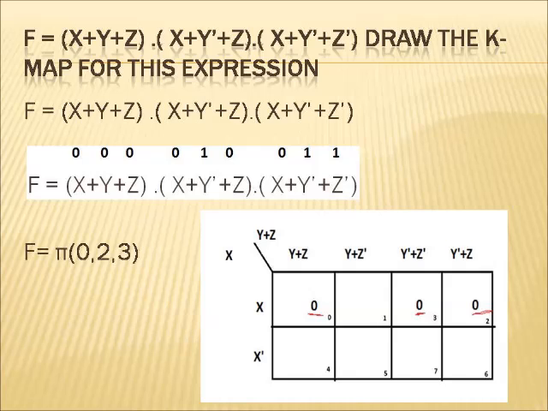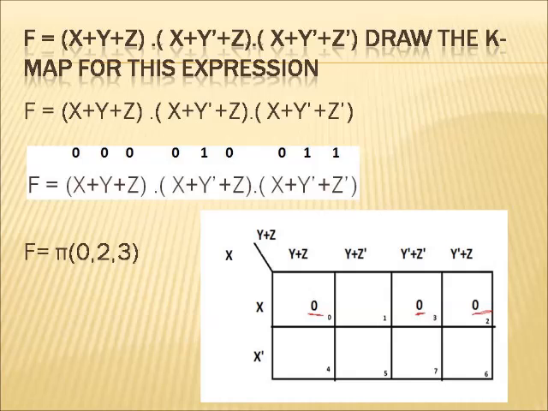Now, x plus y plus z, actually it is a max term. So in the case of max terms, any variable in the normal form means it is 0. So we can write x plus y plus z as 0, 0, 0, right? Then consider the second term. We have x plus y bar plus z. X is 0, y bar is in the complement form, that is y bar is equal to 1, and z is in the normal form, so it is 0. So the next term is x plus y bar plus z bar. So we can write it as 0, 1, 1.